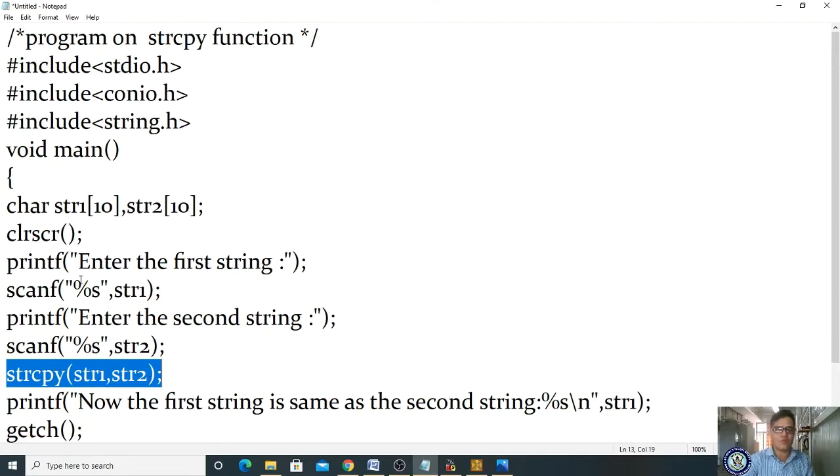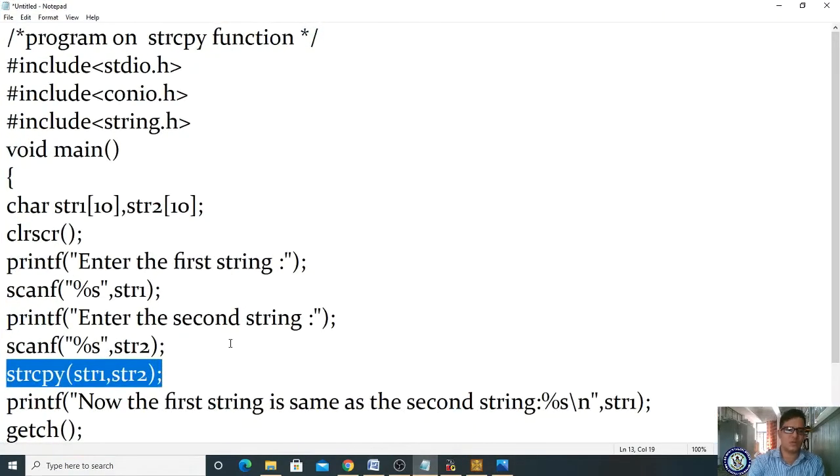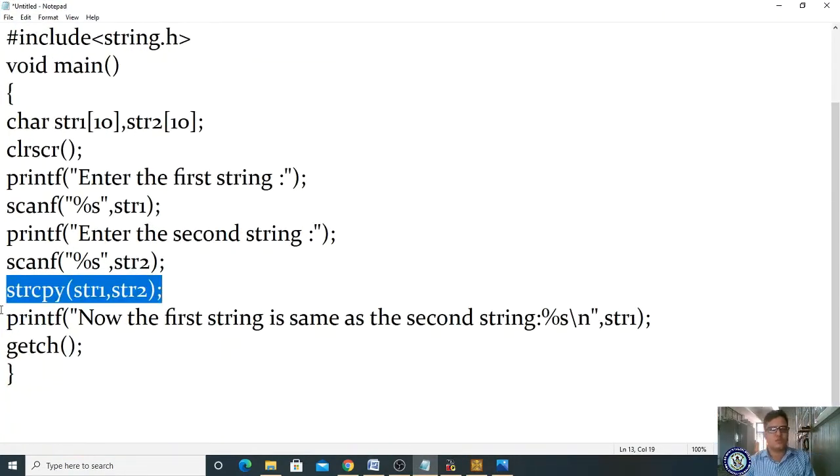When you perform this operation, whatever value is present in str1 will be replaced with str2. Now let me check whether the first string is the same as the second string after the copy.